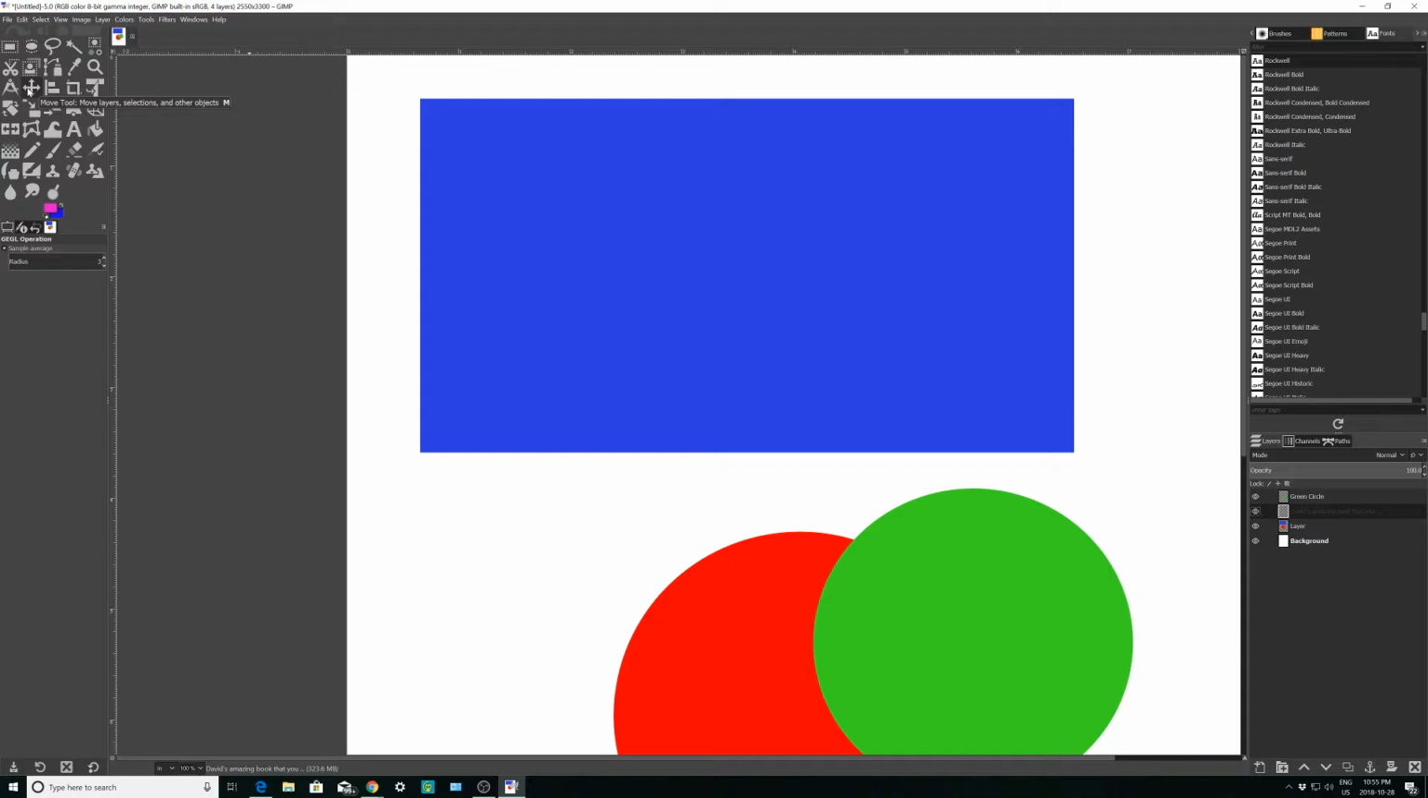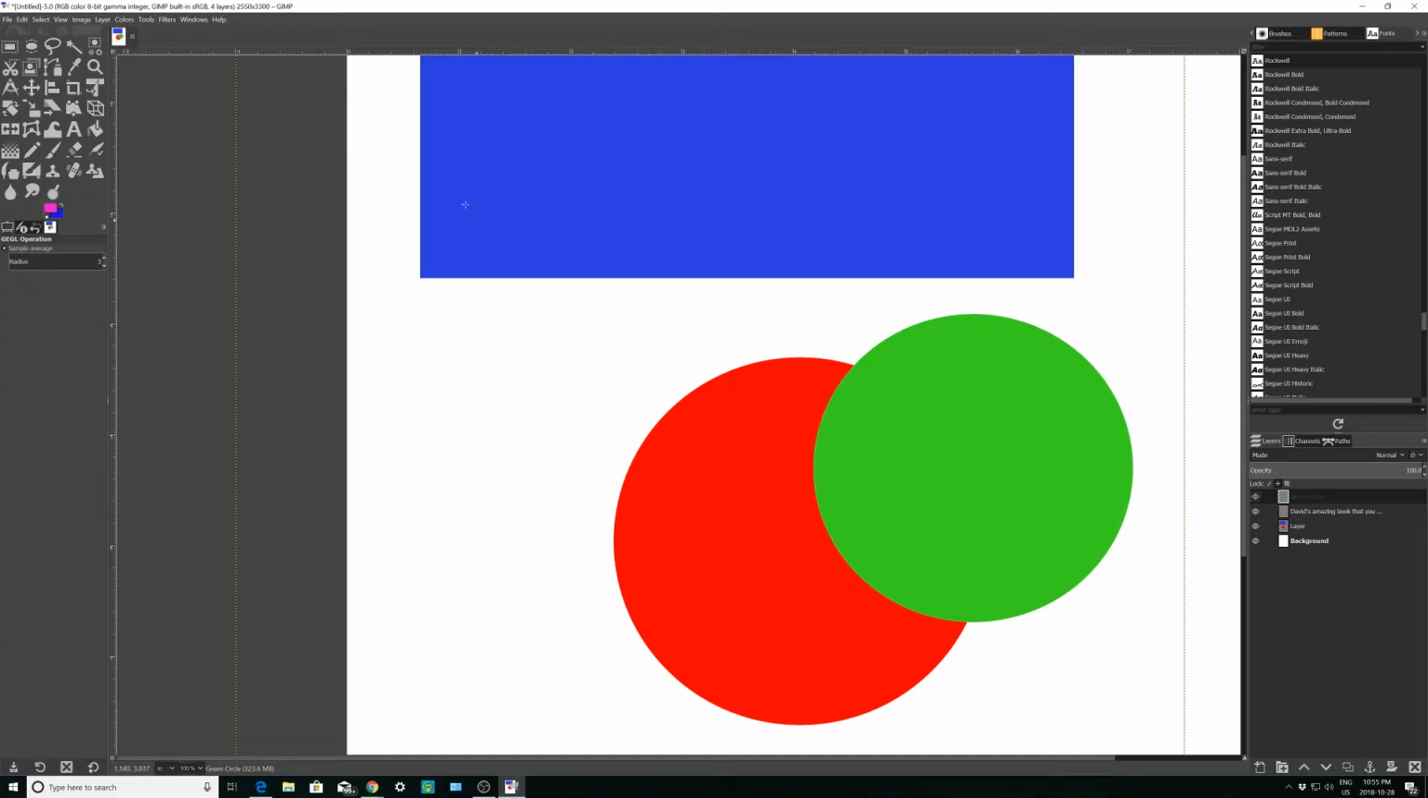So if I go up here, let's say I wanted to do it on this green circle right here. I wanted it to, for whatever reason, have a drop shadow. So we'll go up there, pick the green. This is why it's important to have things on different layers, because then you can manipulate them individually. So I've got the green circle selected, go to Filters, go to Light and Shadow, pick Drop Shadow,